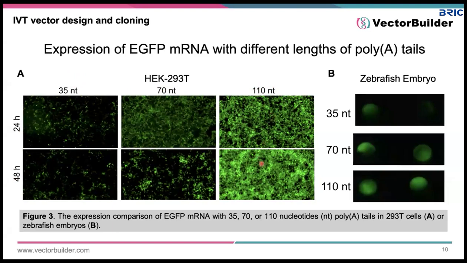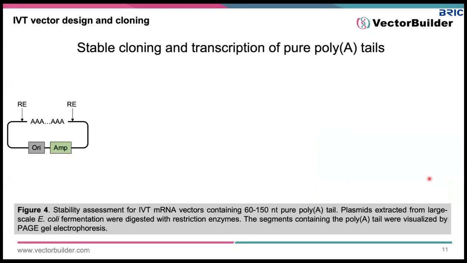And such an expression phenomenon is also consistent in another eukaryotic system, the zebrafish embryo, where you find the 110 nucleotide polytail achieved the best expression in embryos. So if we take one step back, knowing that a long polytail can support better RNA expression,